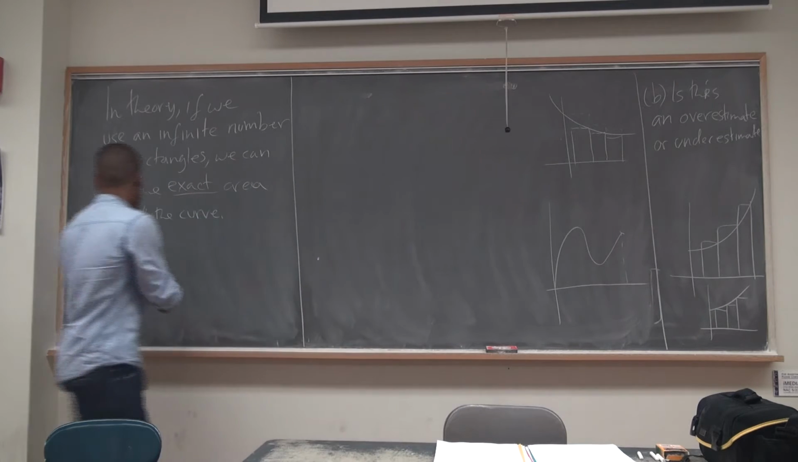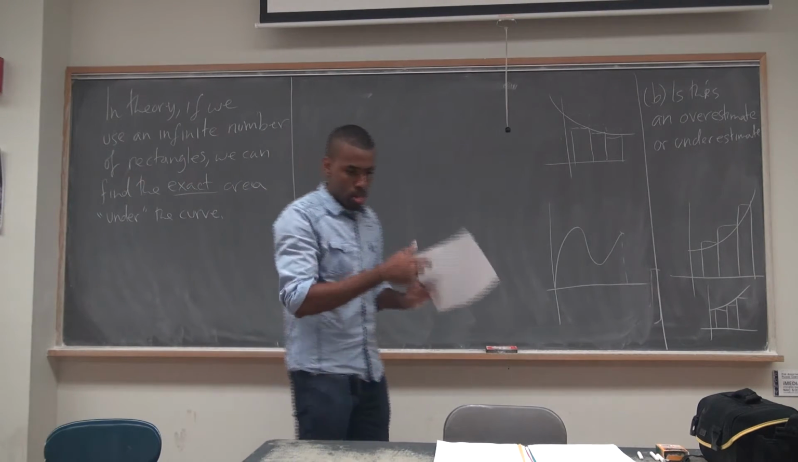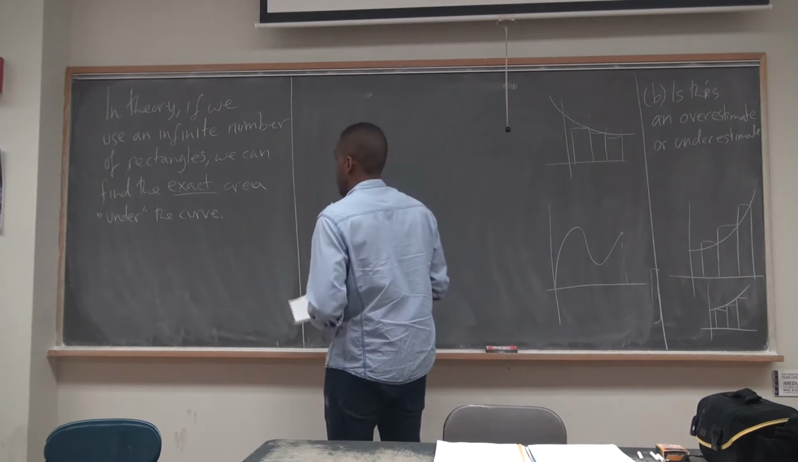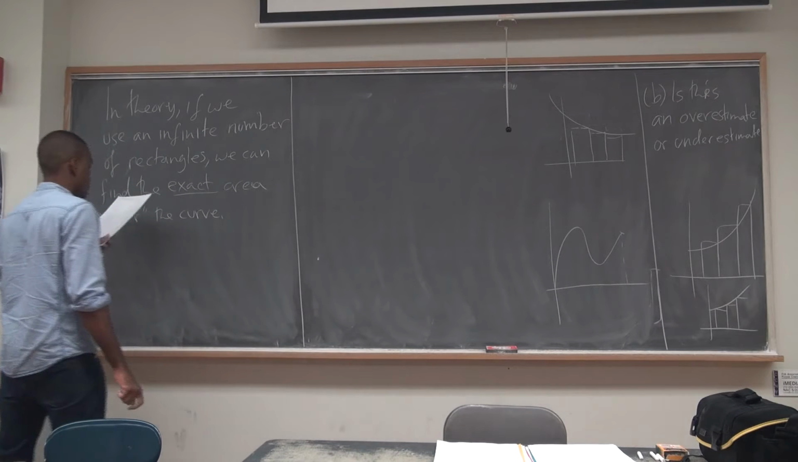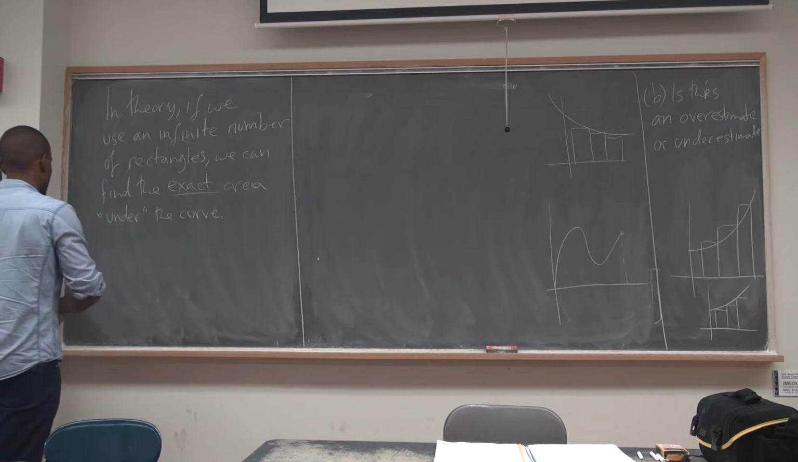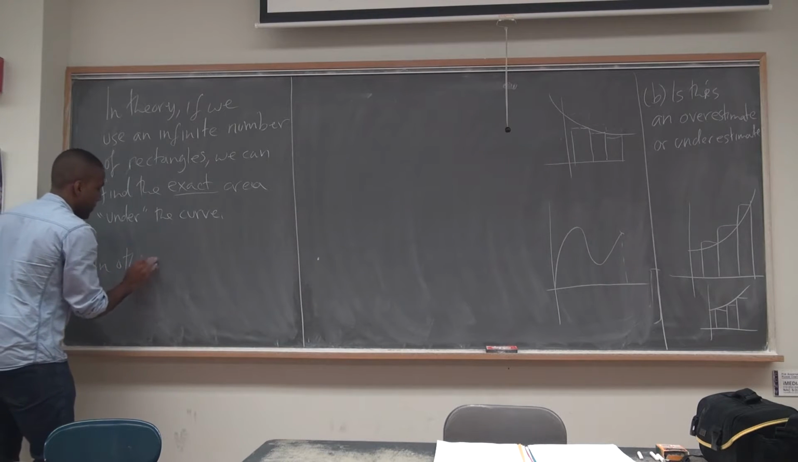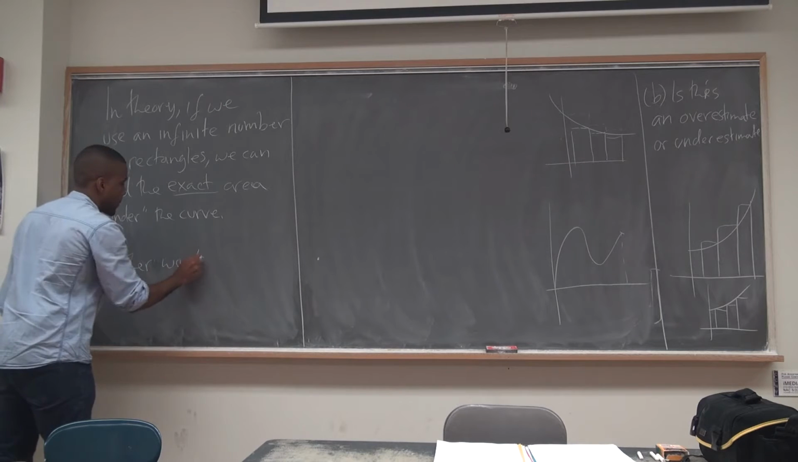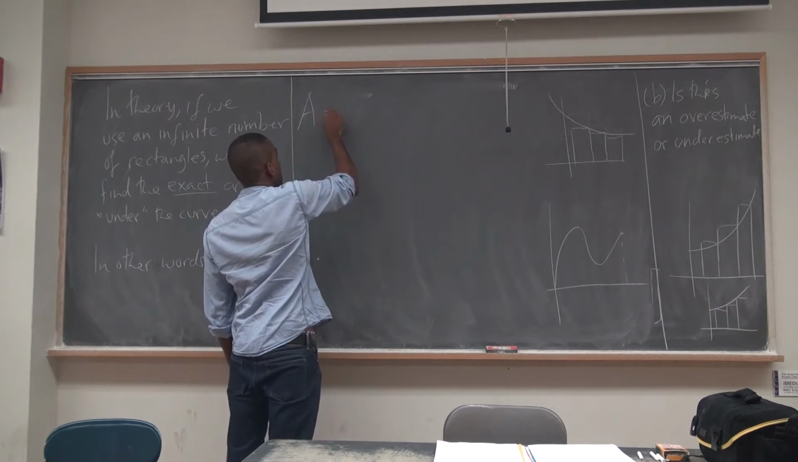Under is in quotations because, like I said, it's net area, right? I'm going to mention that eventually, about how we think of area. Okay, so this is going to be like an infinite Riemann sum. So, in other words, we would get the area is actually equal to